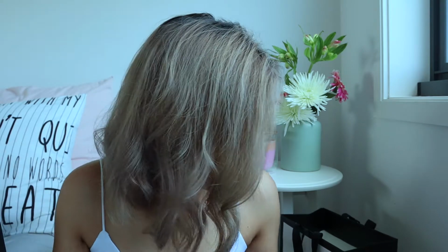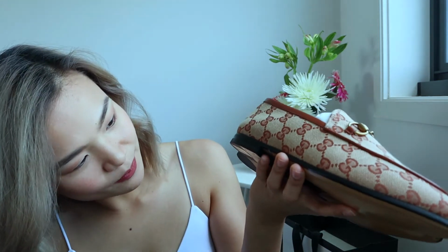It says, the Gucci Jordan loafer is a key silhouette that spans across seasons. A classic shape in original GG canvas. It's beige or brick red original GG canvas, leather trim, women's leather sole, horse bead detail, and I really like that detail over there. I really like its finish, and it's on a 10mm heel, and I got the size